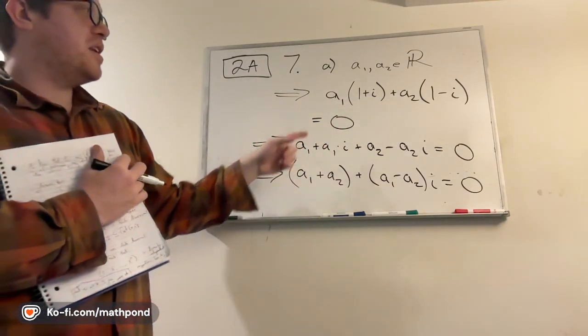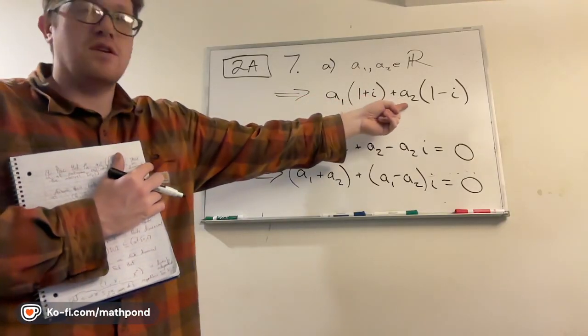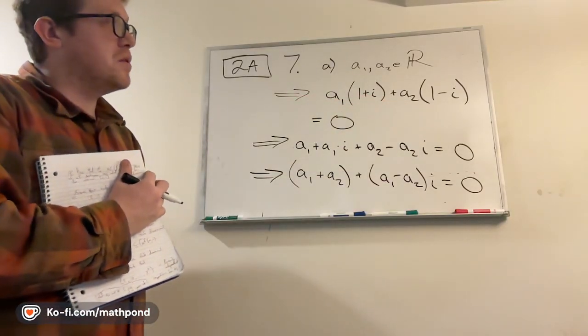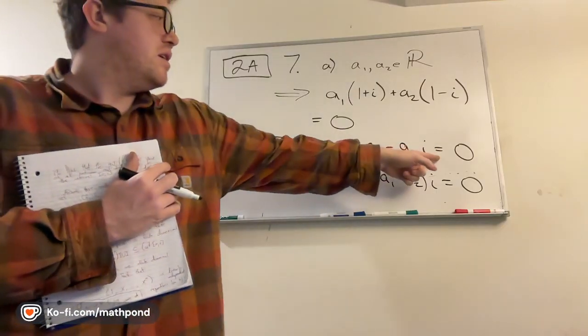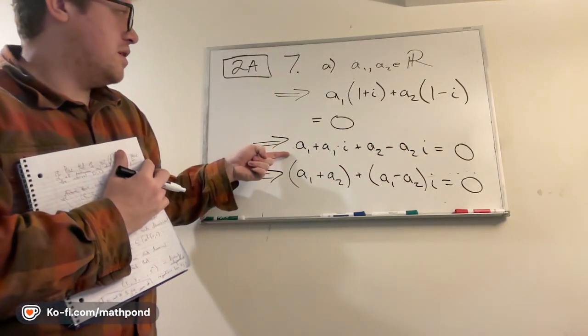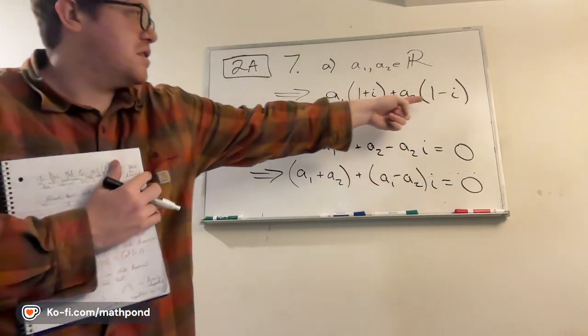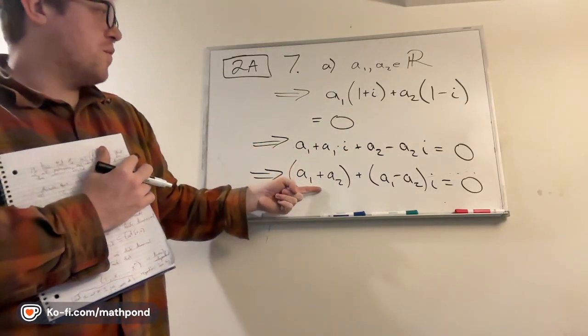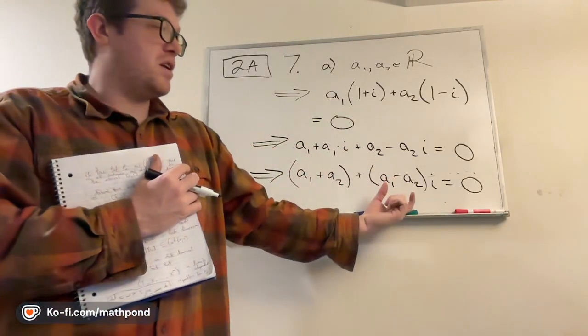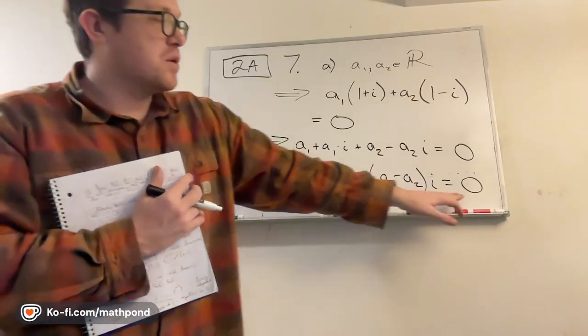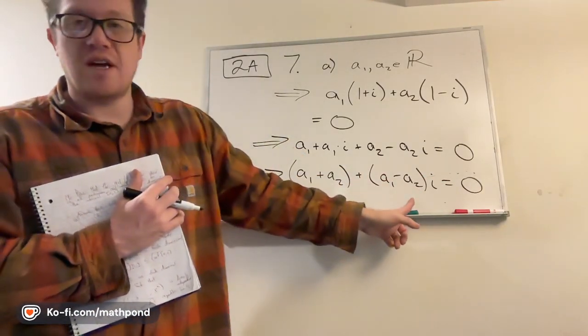We want to show that necessarily both scalars are 0. We used the distributive property to distribute the addition and the subtraction, and then we re-associated everything to write it as a real part and an imaginary part. Now this being equal to 0 means the real part and the imaginary part are both